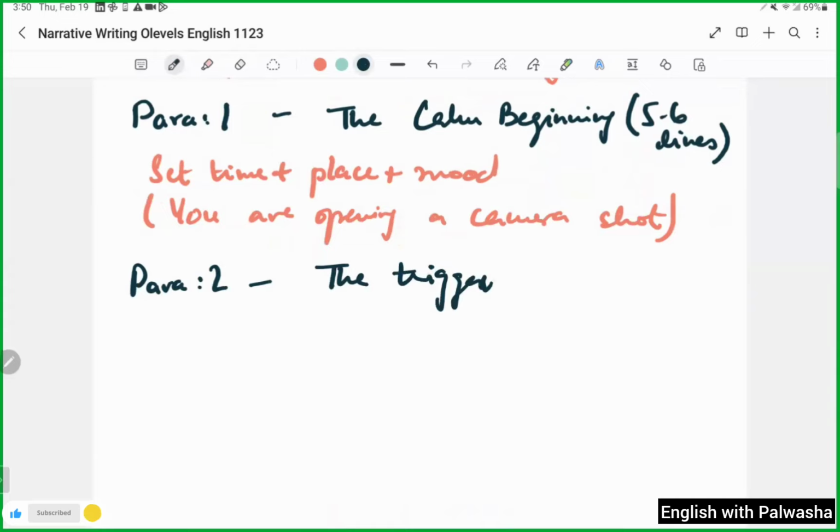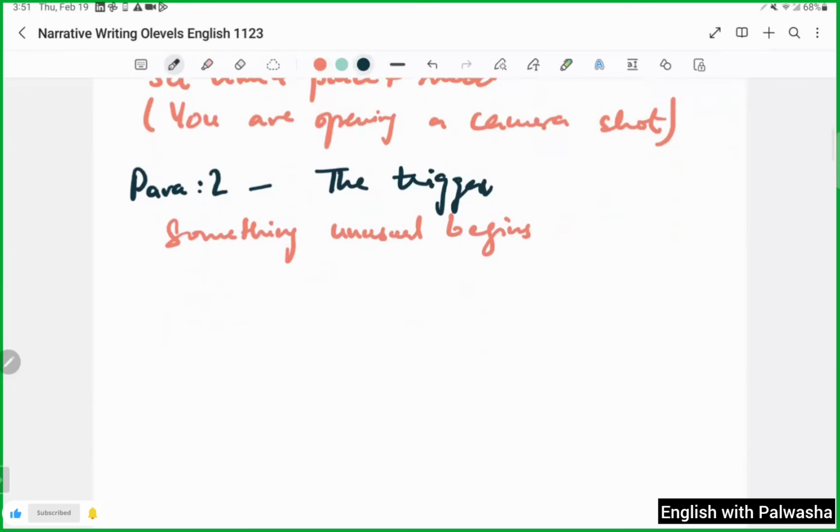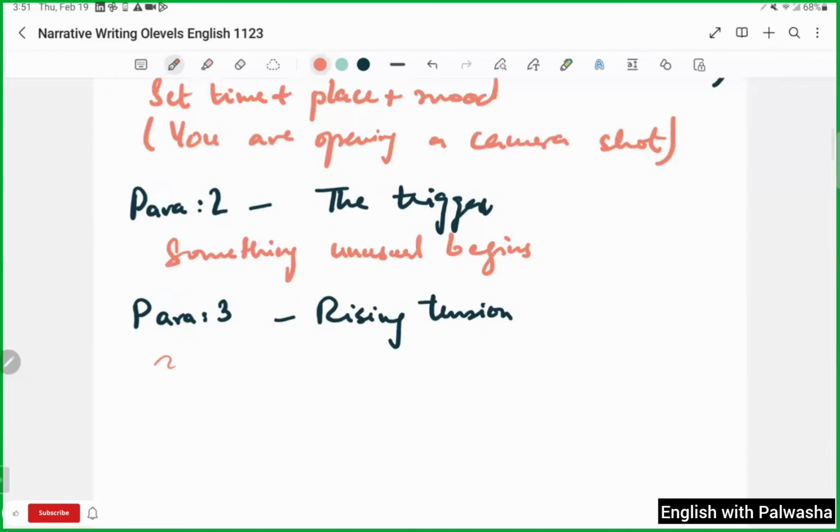It's going to be a trigger, which I was already talking about. I'm just going to talk about one thing, and that is something unusual begins. Just something unusual begins in paragraph number two, which you will be adding as a story in it, right? Moving on towards paragraph three. Here, your tension will rise. Your rising tension, where you will create some confusion,